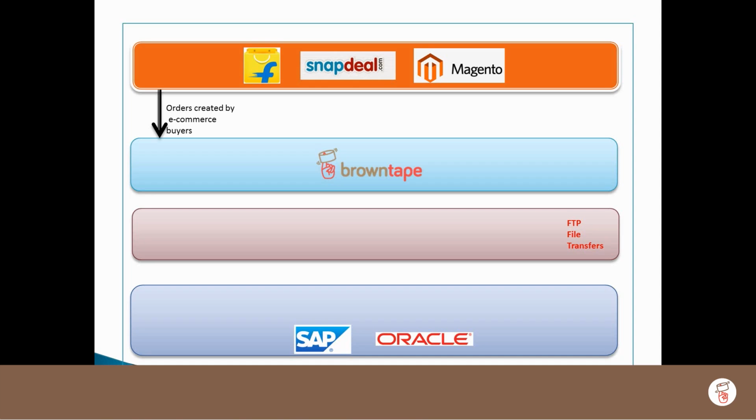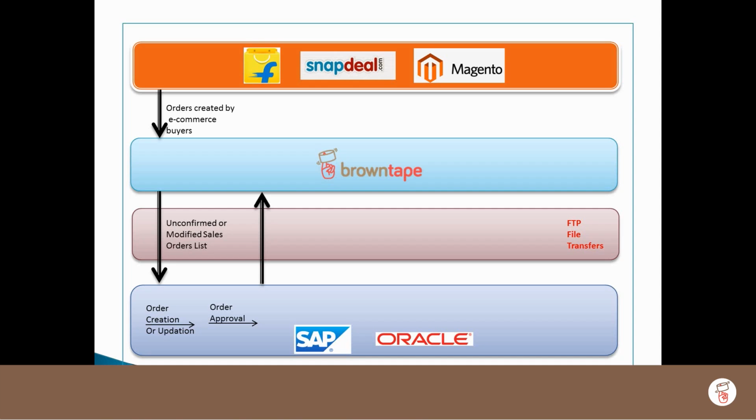New orders which are yet to be confirmed by sellers will be pushed by Browntape to a flat file in the FTP server. The data from the flat file is then parsed by the ERP system, and then following the mechanism or process in the corresponding ERP tool, the sales orders are created. After the sales order is created, it will follow the normal order approval process.